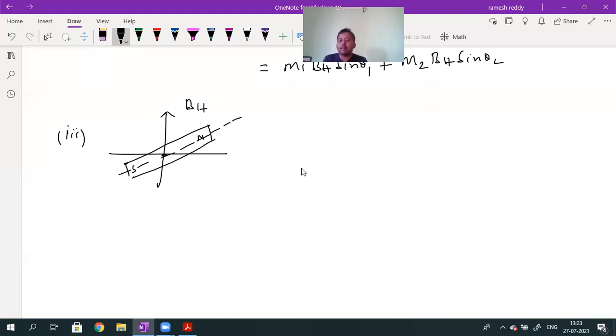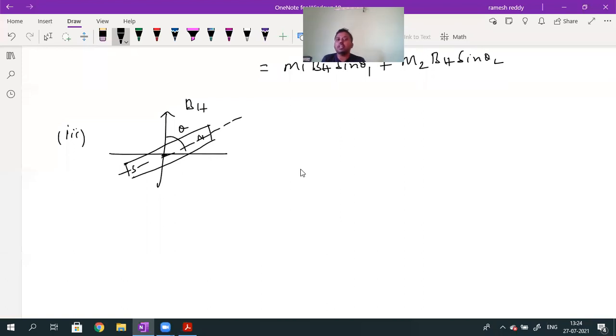Such that the magnetic moment is making an angle theta. So this bar magnet is making an angle theta. This is the angle value, I'm calling it theta. Whenever a bar magnet is suspended freely in the presence of the earth's magnetic field, what happens to the bar magnet? The bar magnet will rotate and align in the direction of BH. But I don't want it to rotate.